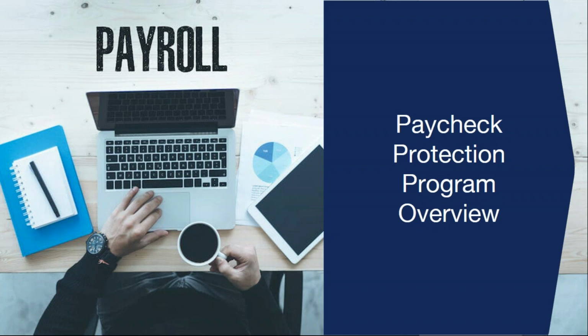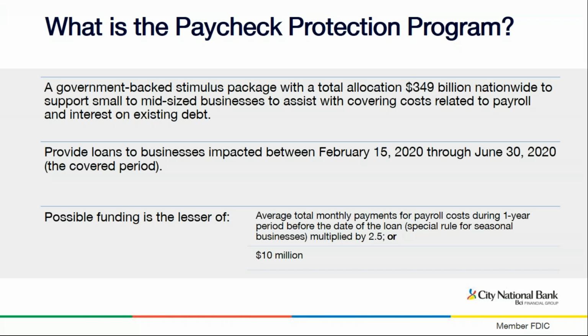So as I mentioned, the Payroll Protection Program was enacted as part of the CARES Act, the $2.2 trillion stimulus package, which passed last Friday. The Paycheck Protection Program is a specific component of that stimulus package, which is for $349 billion. And the function of the Paycheck Protection Program is to provide small to medium-sized businesses with loans to cover their cost of payroll, as well as to cover their cost of interest expense, rent, leases, and utilities during a